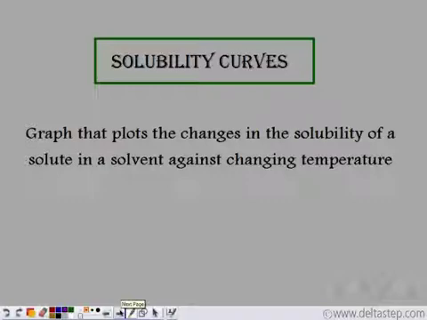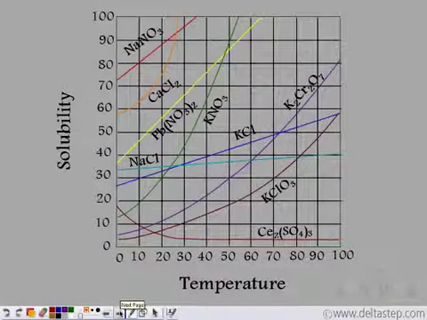We define solubility curves. We can make solubility curves for different substances. These are plots which mark the changes of the solubility with the change in temperature. So let's see the solubility curves for a few substances. We see that for most of the solid substances, as the temperature increases, the solubility increases. For example, for calcium chloride, as we increase the temperature, the solubility increases. This is true for most of the solid substances.